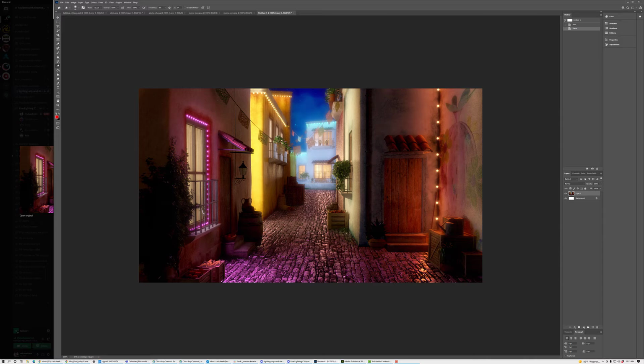Squinting at it, this really stands out as the brightest thing on the image. So I think just pulling that down, because really we want this to be a series. I keep talking about this being a series of vignettes, like little